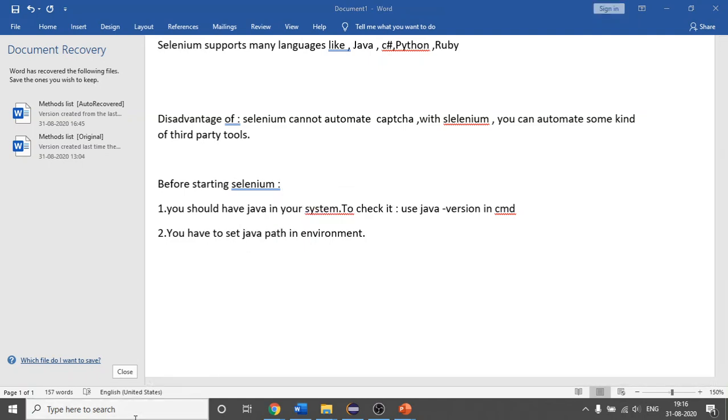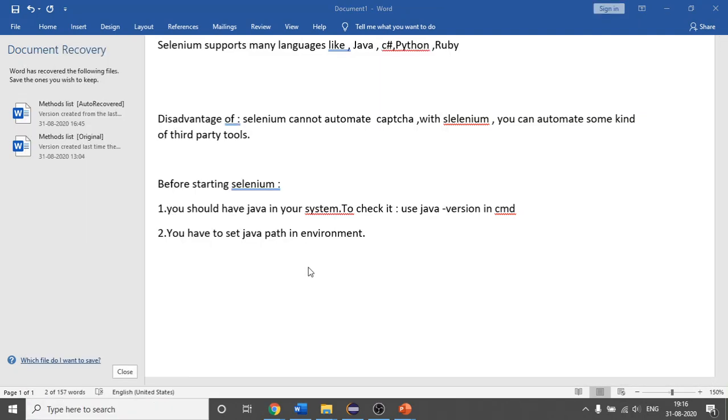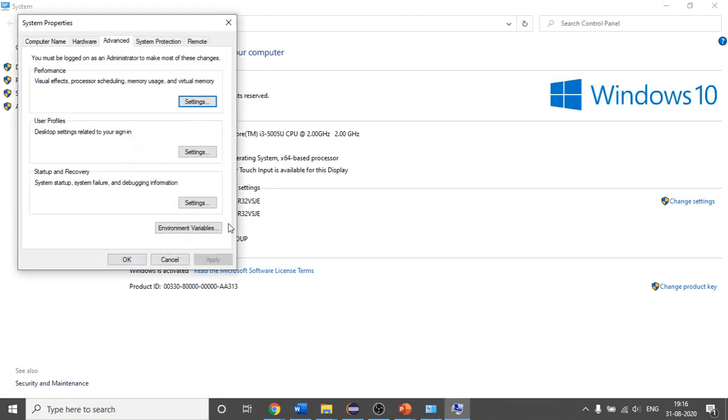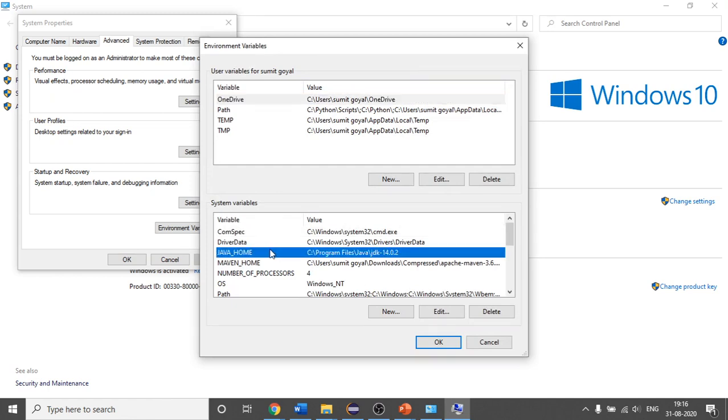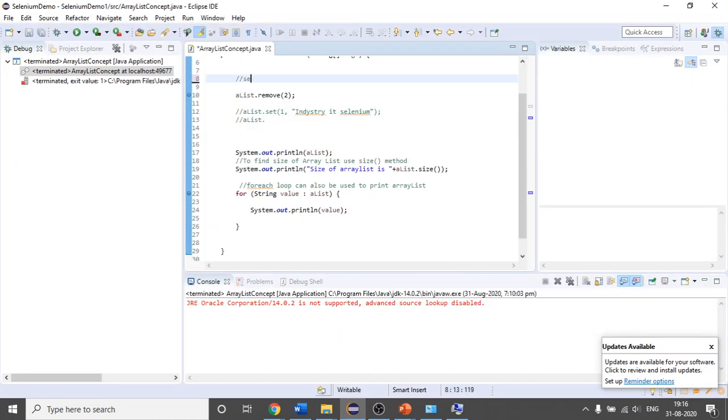You can see here where I am setting this. I hope you all know it because you have done it earlier. Open advanced system settings, then environment variables. So this is my Java path, where my Java JDK is installed. When I write Selenium code here, by default it doesn't have the knowledge of where our Java is located.